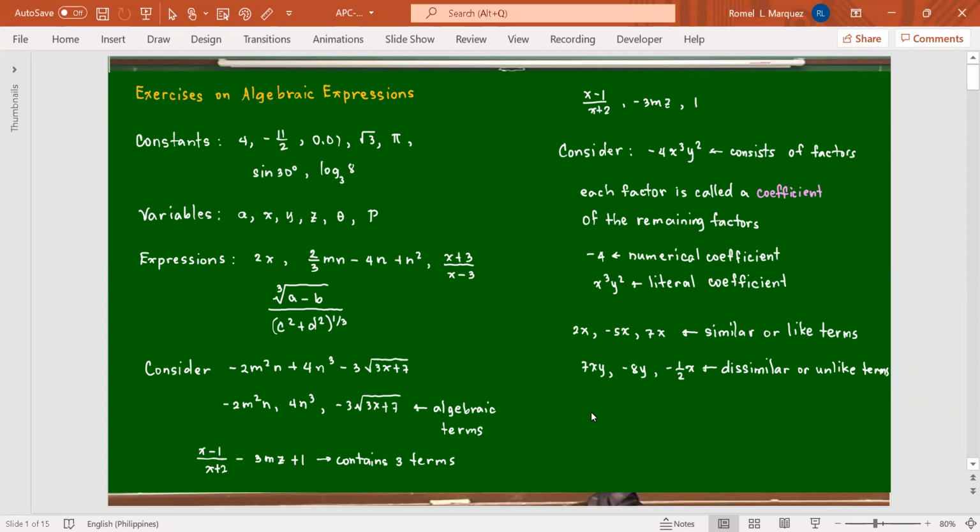Okay. Now, we can also evaluate expressions, no? Algebraic expressions, meaning you can assign values to the variables involved, and then find the value of the expression. Okay. So for instance, if I have